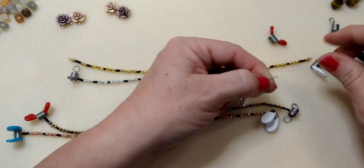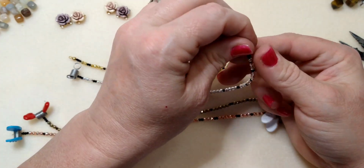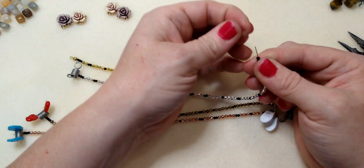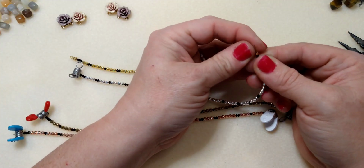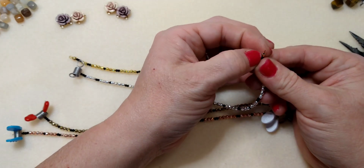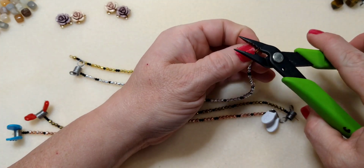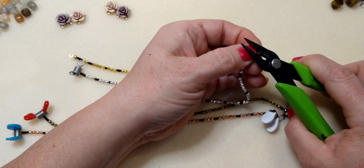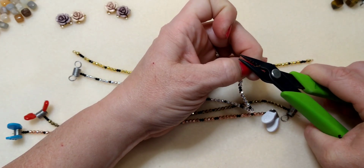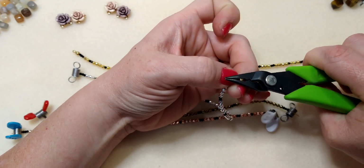So like on this one, when I take the bead bug off, be very careful not to lose your beads because that surely can happen. So this one, I'm going to put it on, I'm going to scoot it up to the end as close as I can get it here. I'm going to lay the crimp tube in the back divot of my pliers, just like that. And I'm going to crimp it down, and then I'm going to turn it vertically and go ahead and close the crimp,